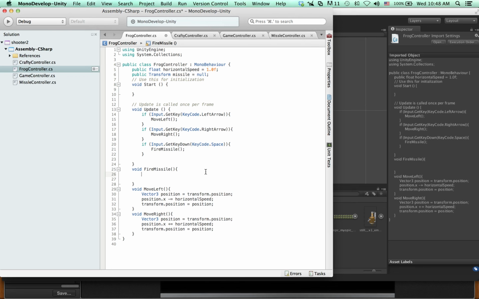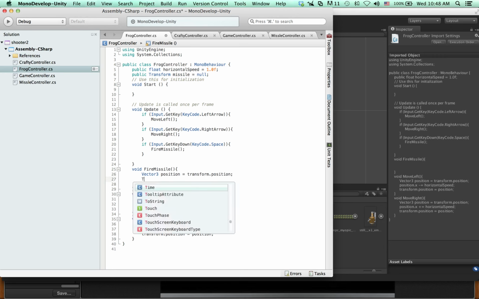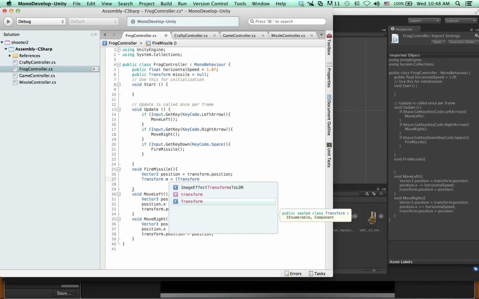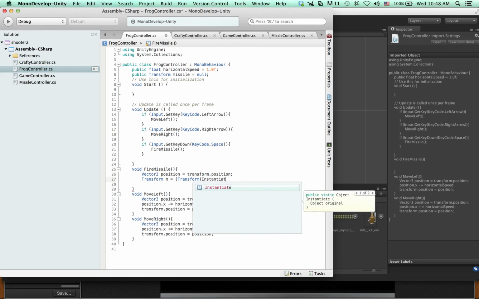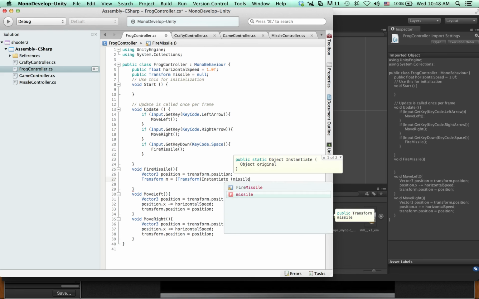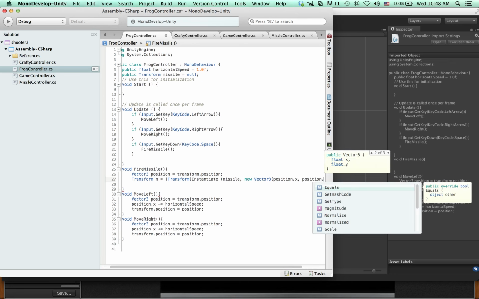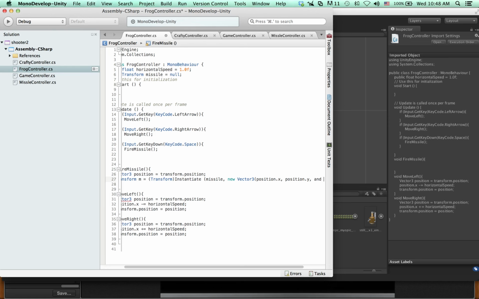So let's say we want to create a new vector 3, which is our position. And this is the position of our frog. And then we create a new transform, missile equals transform instantiate missile. New, where are we putting it? New vector 3, position dot x, position dot y, and